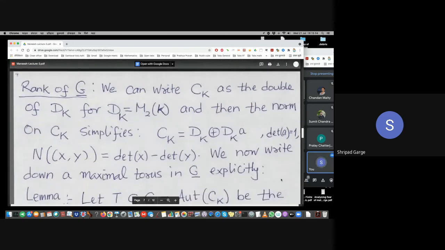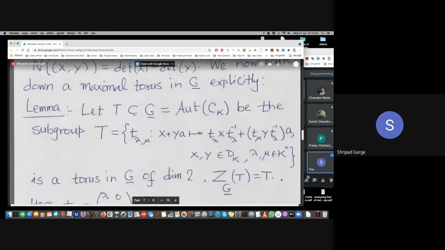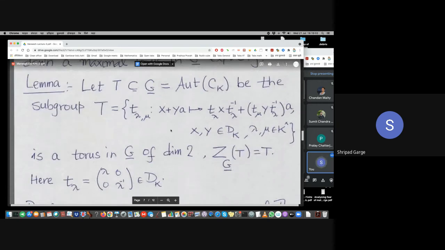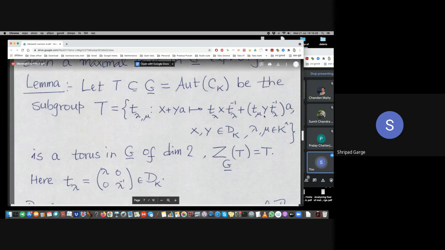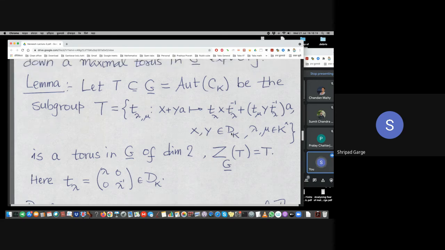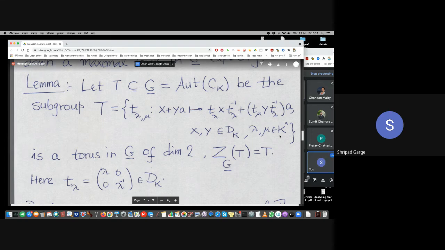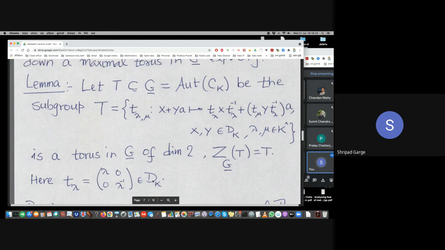Now we want to compute its rank. We first exhibit a maximal torus in it, given in a similar way. We have x plus ya going to t lambda x t lambda inverse plus t mu y t lambda inverse, where x and y come from D capital K, and lambda and mu are non-zero elements in the algebraic closure. This is a torus of dimension 2. It is its own centralizer, therefore it's a maximal torus, where T lambda is this element in D K. So D K is the set of 2 by 2 matrices, a matrix algebra. So you have the diagonal